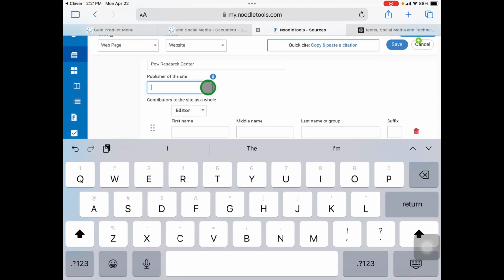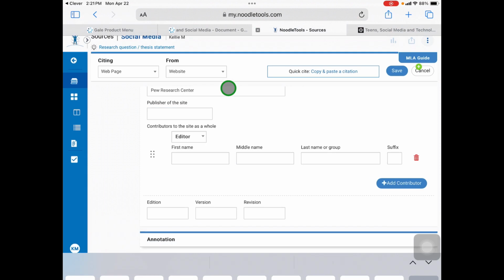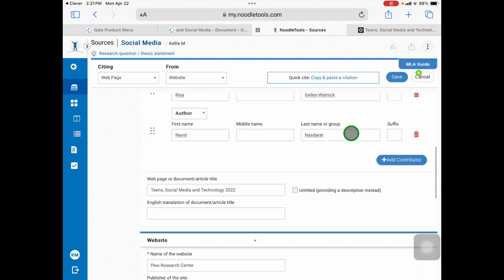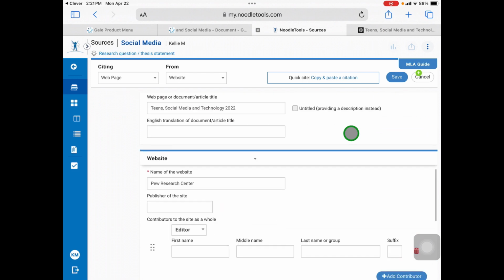And for publisher, you don't need to list the publisher if it's the same as the name of the website, and next to the copyright right down below it did say Pew Research Center, so I don't need to add that. So once I have everything filled in, I can then